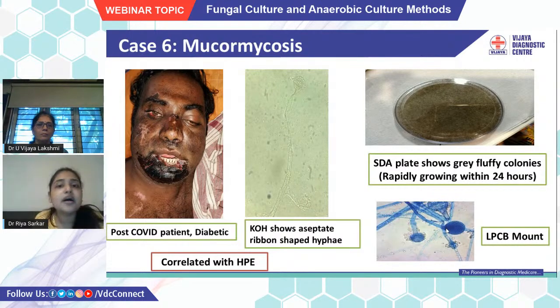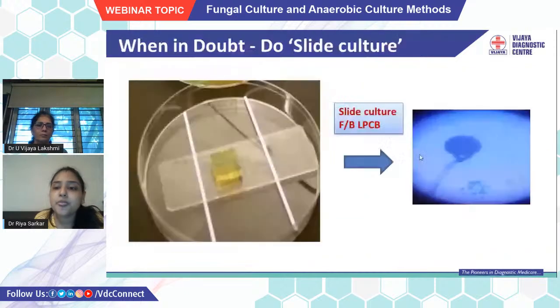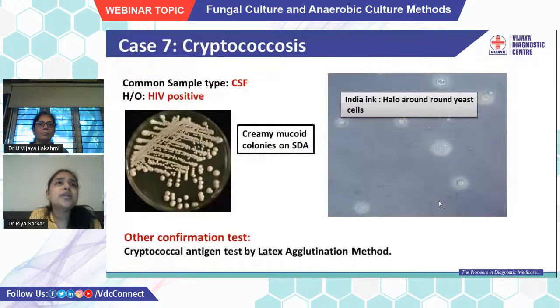and then examined under high power microscope. There the speciation, the hyphal arrangement and the conidial arrangements are easy to visualize, and hence the diagnosis of the species becomes easy. Now coming to a case of cryptococcosis, usually such samples are CSF that we receive from HIV